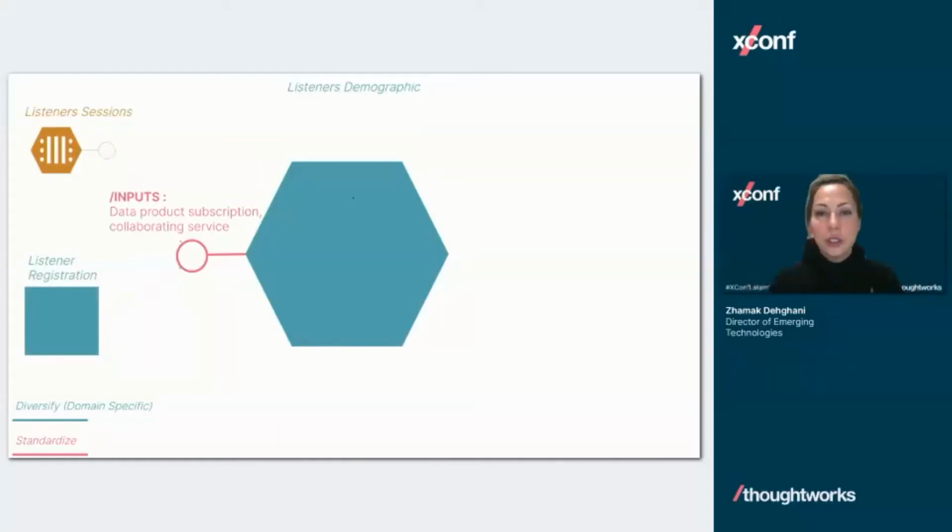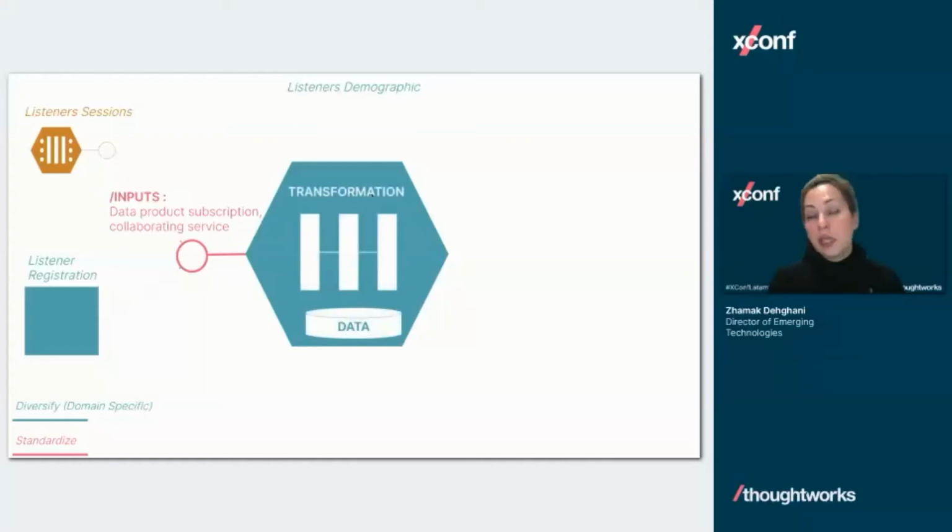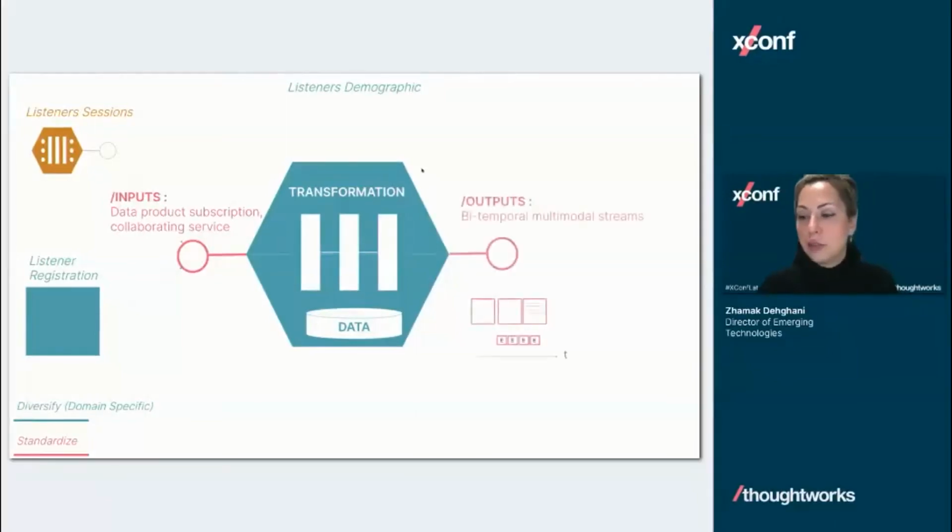You get those two pieces of information, and then you have transformation. In this particular case, the transformation might actually be a classification, machine learning, plus a few other pieces of code to really create this new demographics, a new profile of your listeners. And we need to have storage to actually store that representation in whatever mode is most relevant. And then we will have modes of output, so that we can now provide this, remember, temporal.